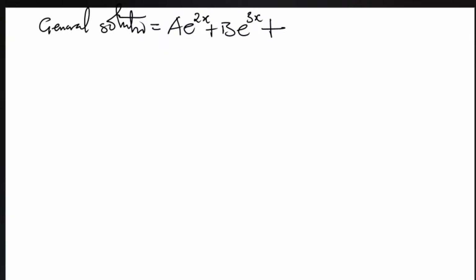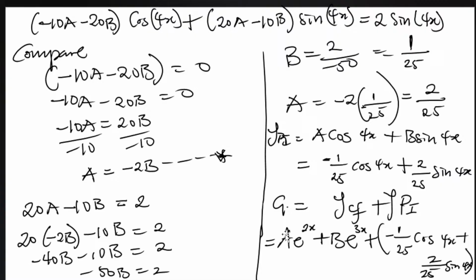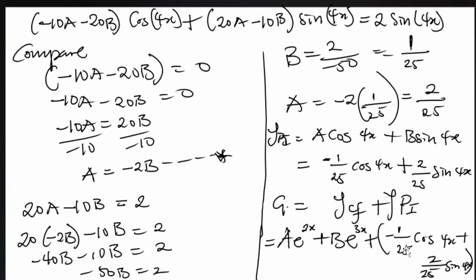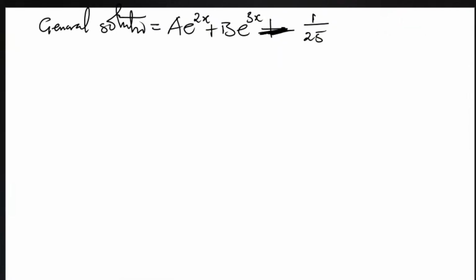We are simplifying our PI. So if we simplify our PI, what we have there as plus will be minus, because plus times minus is minus. So what we have here will simply be minus, not plus. So this will be minus 1 over 25, right? So we have 1 over 25 there minus 1 over 25 cos 4x. So you simply have minus 1 over 25 cos 4x, and this will be minus 2 over